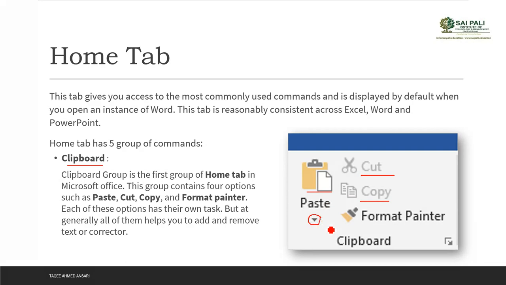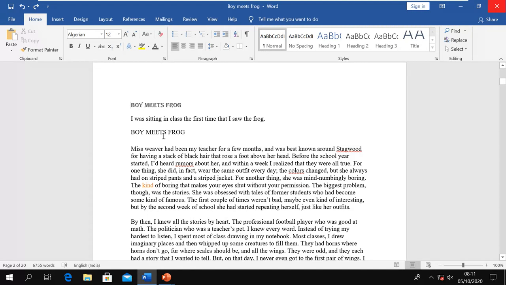That means when you copy any text, for example, if I select this, I go to the Home tab, which is what opens by default. In the Clipboard group, I go here, I say copy. That means now this word is copied. And now I want to paste it somewhere. So I put my insertion point there, and then I will go for paste here. So when I click on this command, it will paste that text here. That is the simple copy.